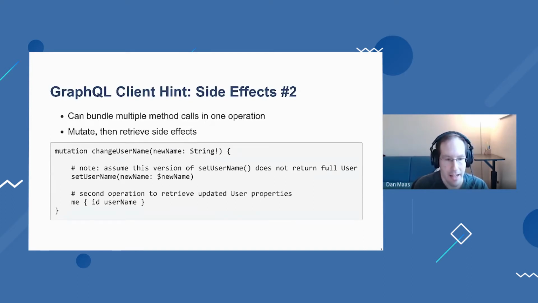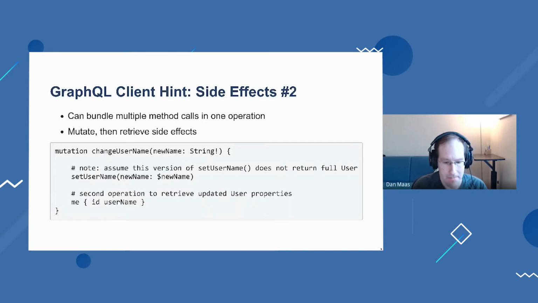So in my change username mutation here, I've now broken it down into 2 steps. The first step says set username. And then the second step is actually a sort of query that says, okay, after you've set the username, now get me the user again and make sure to send me the username property so that I receive the side